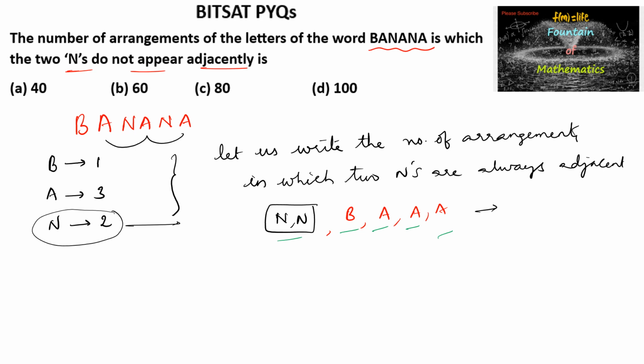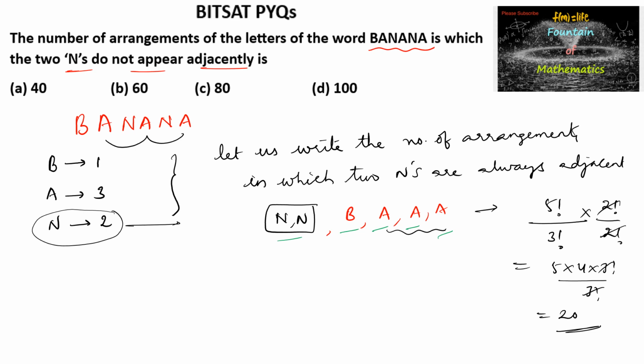So the number of ways we can arrange them is 5 factorial upon 3 factorial, since A is repeated 3 times. And the N's inside the bracket can be arranged in only one way, that is 2 factorial upon 2 factorial. So 5 factorial upon 3 factorial is nothing but 5 into 4 into 3 factorial divided by 3 factorial, which is 20. And now